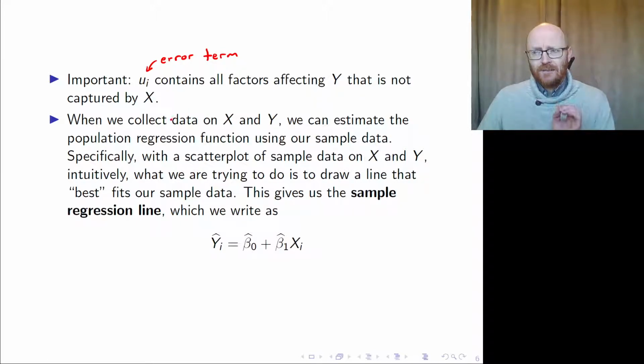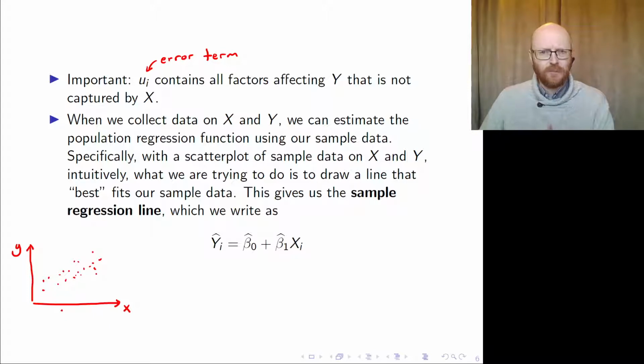When we collect data from the population, because often we do not have the data for the whole population, we have to take a small sample, because it's unfeasible to get data for the whole population, or it's just too expensive. We can take a sample to get an estimate of the parameters, so we get a sample regression line. We just gather some data on x and y, and instead of having millions of data points, we have maybe a couple of hundred, because that's what we need for our study, or that's what we can afford. And then we can fit